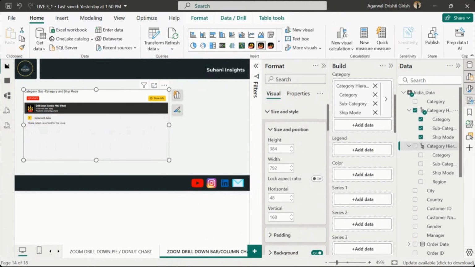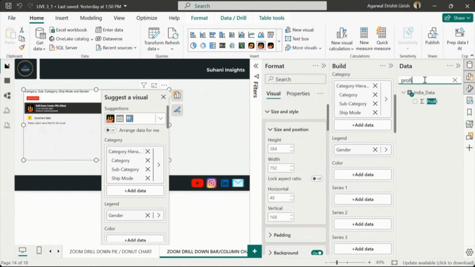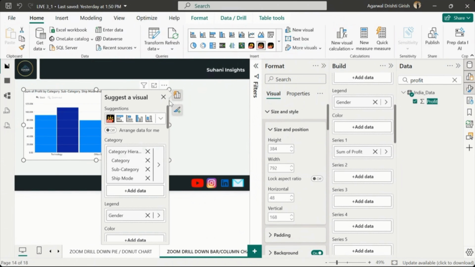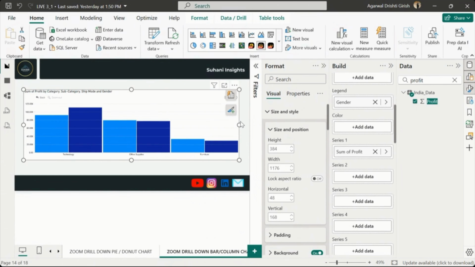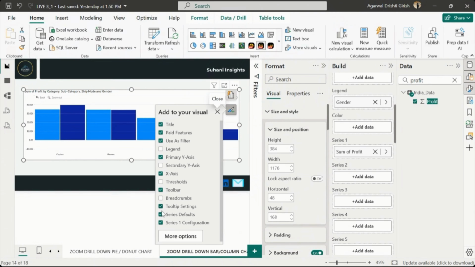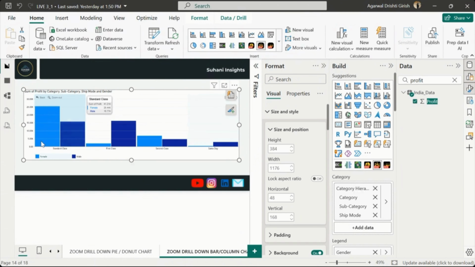And for the legend, you can use anything which has 2 or 3 categories, so it will be showing in that way. And let's analyze profit. Okay, as you can clearly see. Okay, let's click on technology. Then just turn on the legend if you want, and it will be there. The light blue is the female and the darker blue is the male. And then we click on it, you can see drill down, and then if we click on it again,